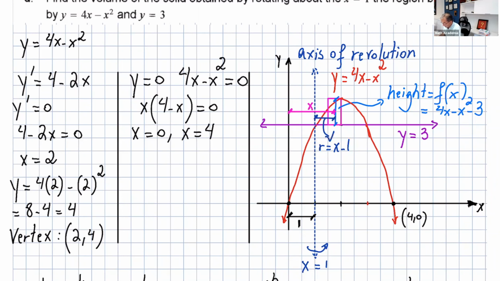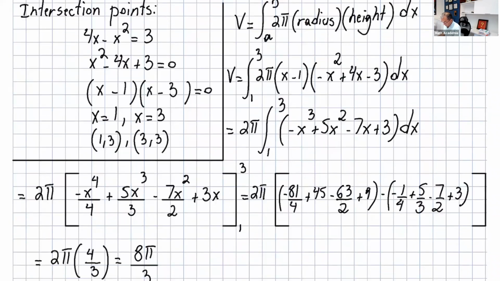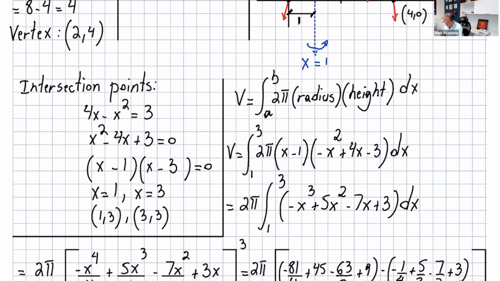And the height, again, is right here. The height is going to be f of x, which is the top function, minus the bottom function, 4x minus x squared minus 3. Setting up the integral. So here I found the intersection points. You put two functions equal to each other, you solve for x, and you get x equals 1 and x equals 3. The volume, again, in this case, you can write is 2 pi times radius times height